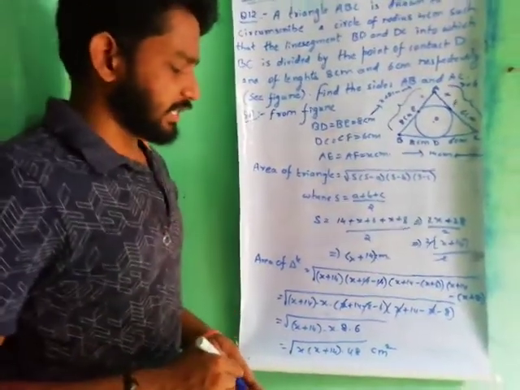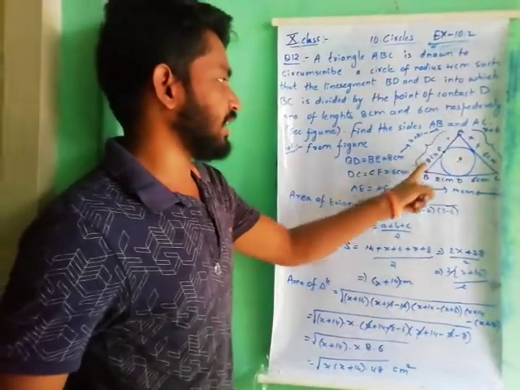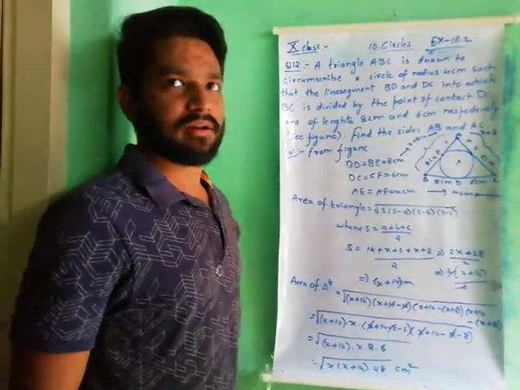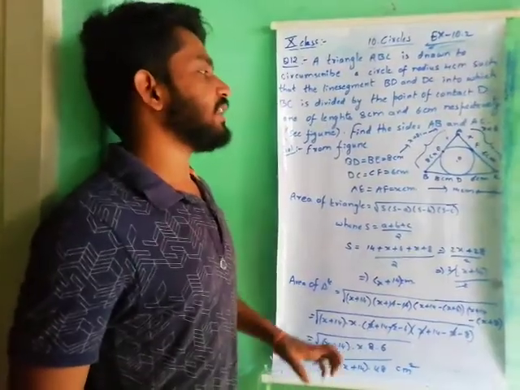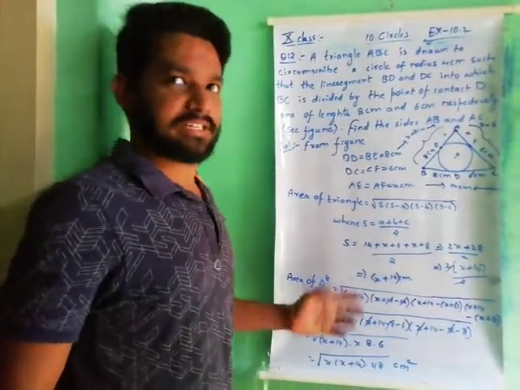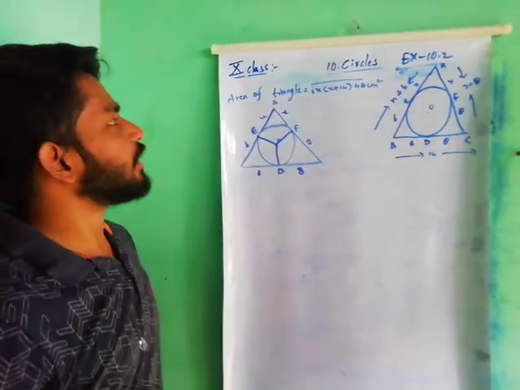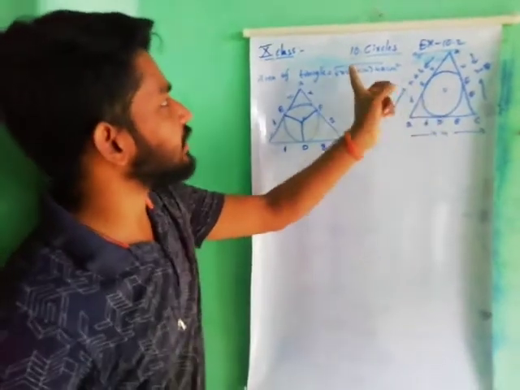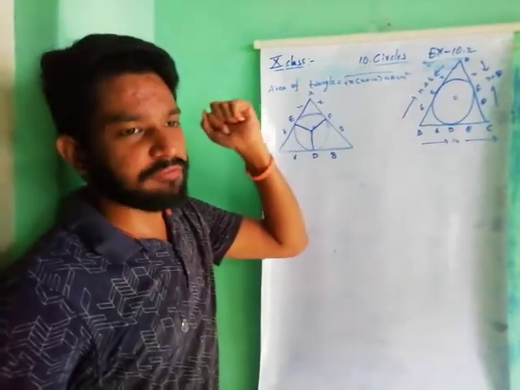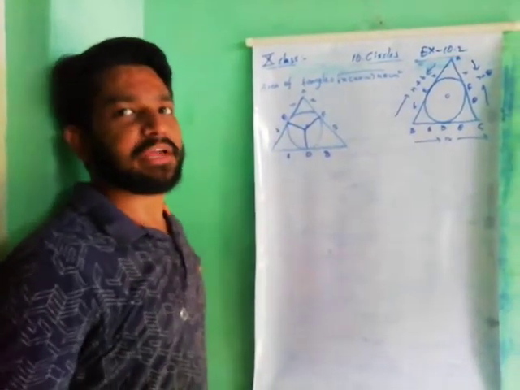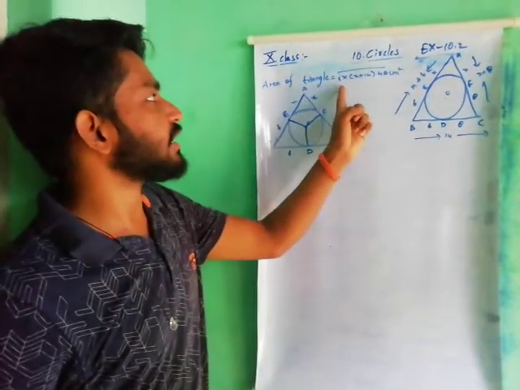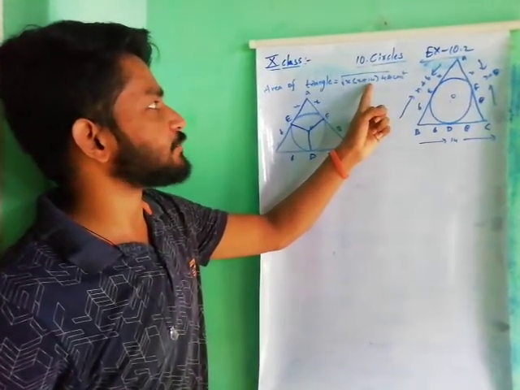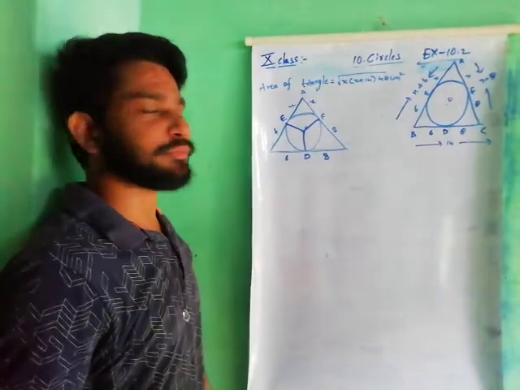This is the first case, where we are finding the area of this particular triangle. Understand? Find out the areas of the three triangles. Let's see. In case 1, we are finding the area of the bigger triangle using the formula root of s into s minus a into s minus b into s minus c, and we get square root of x into x plus 14 into 48 centimeters square.